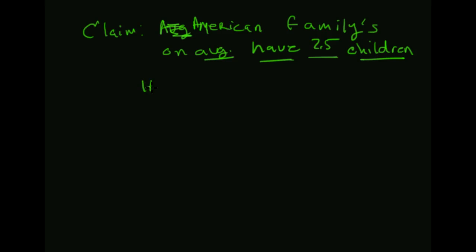So we can break this into a null hypothesis and an alternate hypothesis. The null hypothesis says mu, the mean, is 2.5. Since this is an equivalent statement, the alternative hypothesis has to be that the mean is not equal to 2.5, and because of this, this is a two-tailed